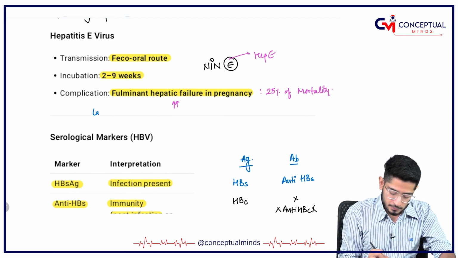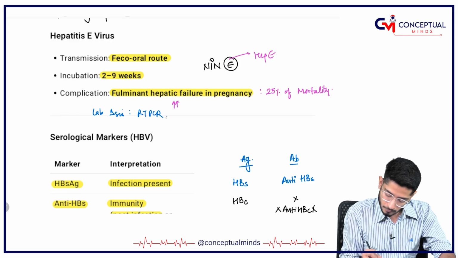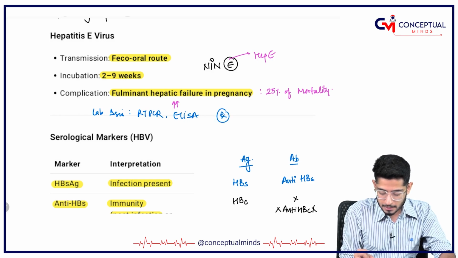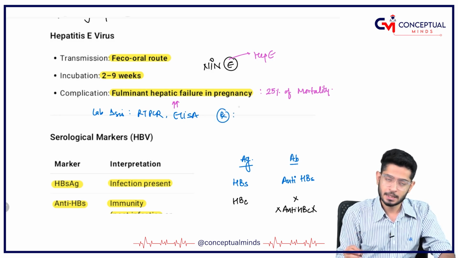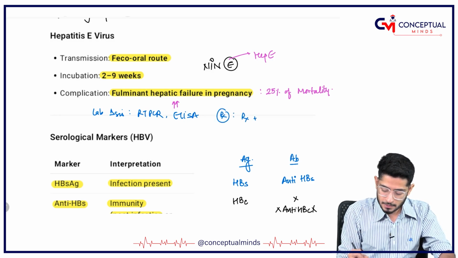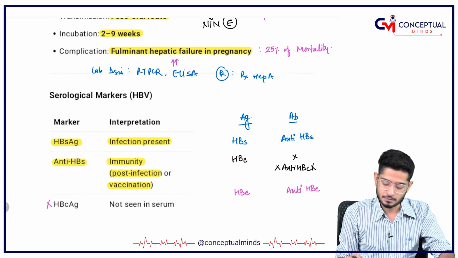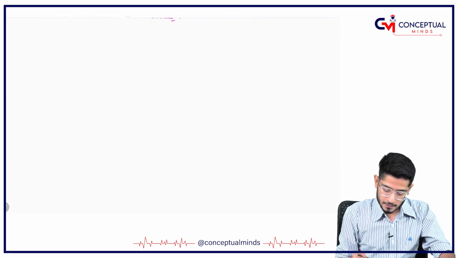Laboratory diagnosis is very similar, the RT-PCR and the ELISA, and the treatment in a nutshell is going to be what? The treatment in a nutshell is going to be treat the hepatitis A and it is going to get treated. Okay. So this was all about